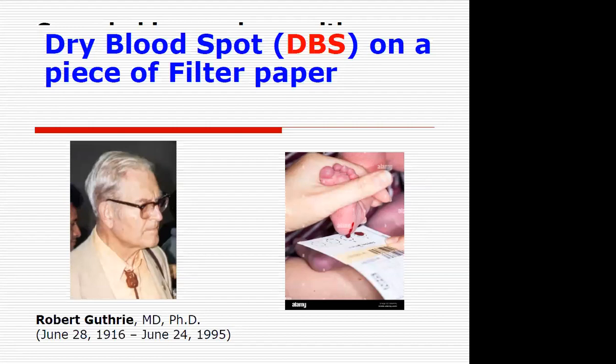When the lab receives the filter paper, they start the process of screening, and they can diagnose the disease. The filter paper used in this process is called the Guthrie card, in honor of Dr. Robert Guthrie for his effort to set up the screening test. But as I said, the screening invented by Guthrie is good for just one metabolic disorder, and it misses all the other